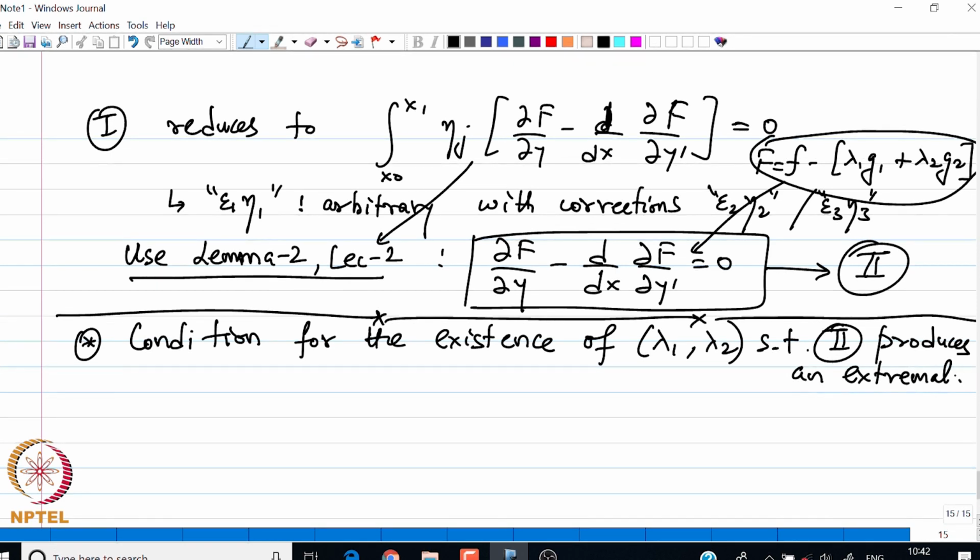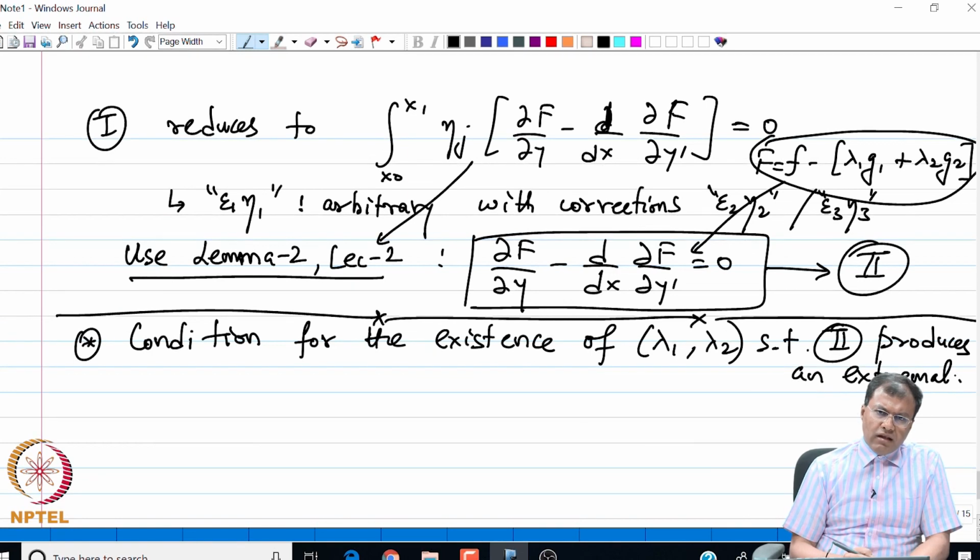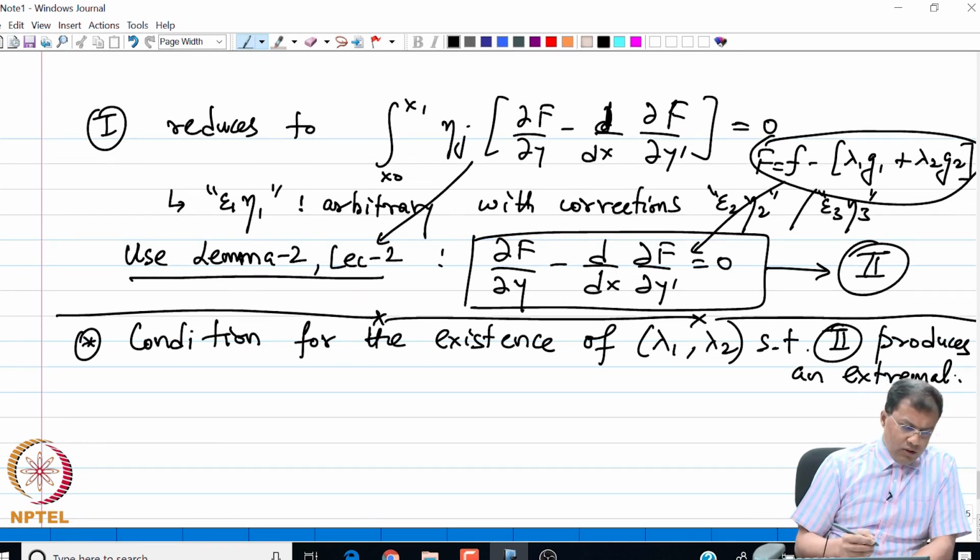Okay. So, what is the condition? Let us recall the case for the single isoperimetric constraint problem. All we did was we checked the rank of the Jacobian matrix and the rank of the augmented matrix, and it turned out that in the isoperimetric problem with a single constraint, the rank of the augmented matrix has an upper bound which is the rank of the Jacobian matrix, and similarly it is the same situation in this case as well. So, we consider